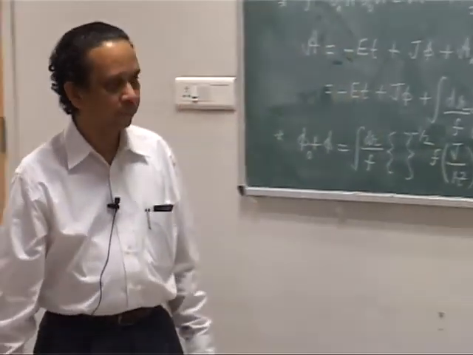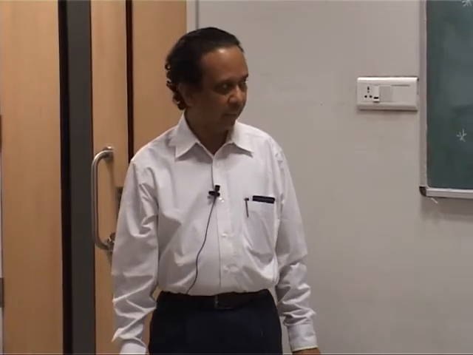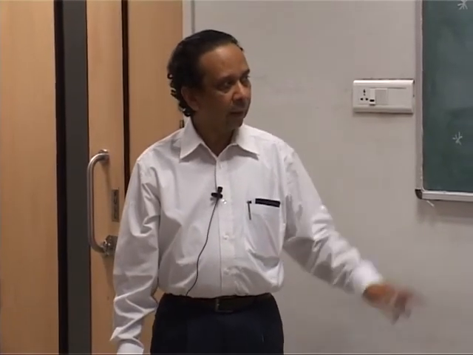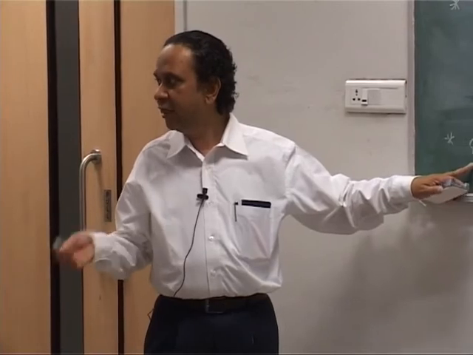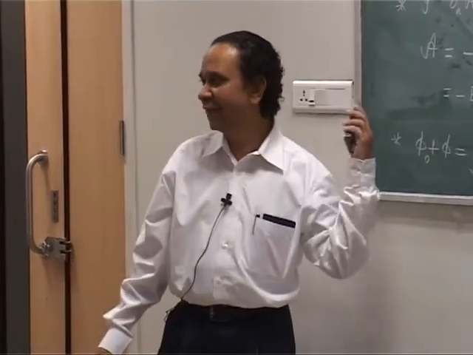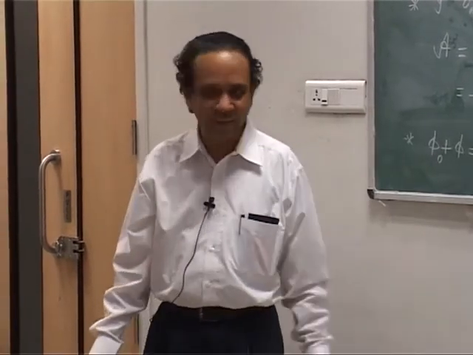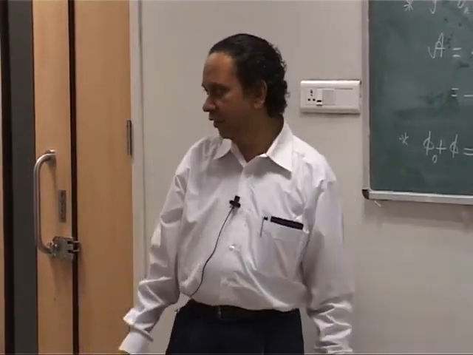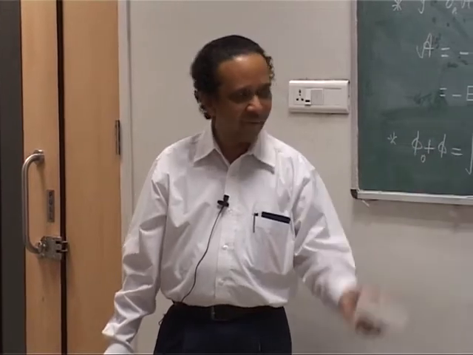This is what you have. That is because this phi naught is some constant, minus phi naught is another constant. So that is right. It just looks like phi plus phi naught, or you can call it phi minus phi naught. So this is what you get, and that will go away in the next line when I differentiate.